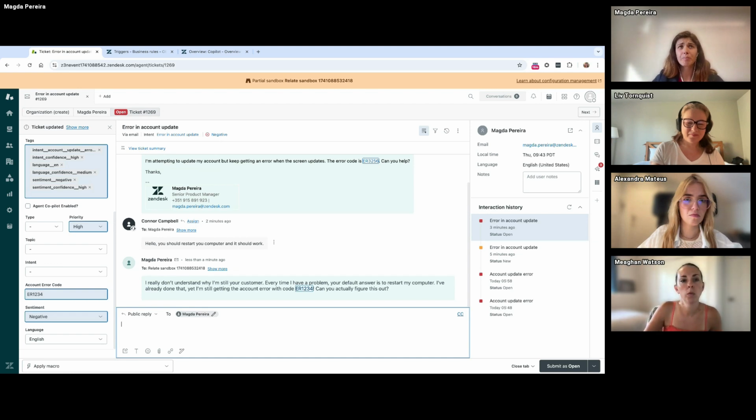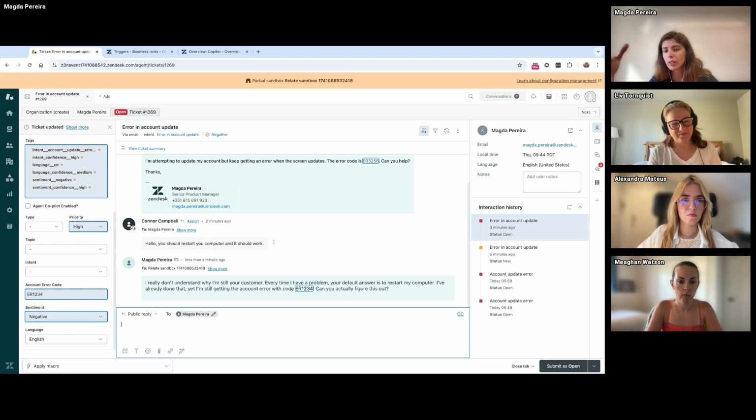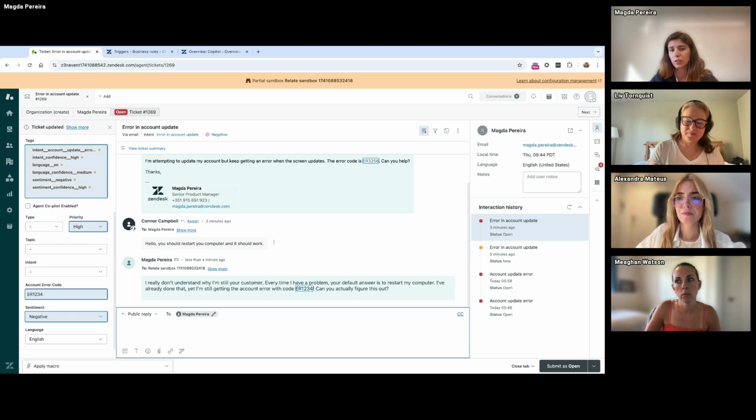So this is it. We provide all these features, like understanding the reason the customer contacted you, how the customer is feeling, and extracting keywords that are very specific to your business from the tickets. You can get all those insights for your agents to see, but you can also use them to leverage your operations. And of course, your admins can control everything and understand all of these things in the AI app.